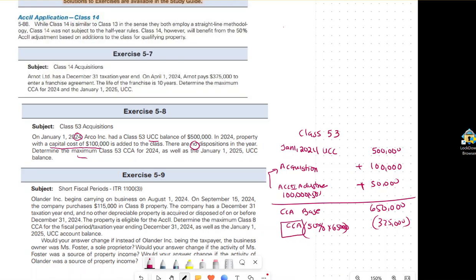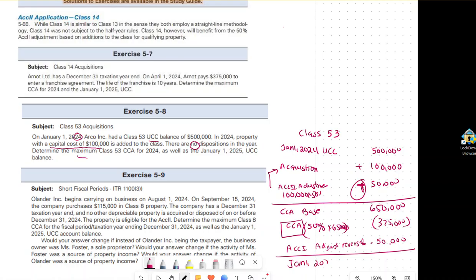Now, in order for me to start the next year, we have to do a reversal of your accelerated investment. So accelerated investment adjustment reversal. So we make the adjustment and we take it out. So this is the reversal. The reversal is only what we put in. That's the only thing we could take out,